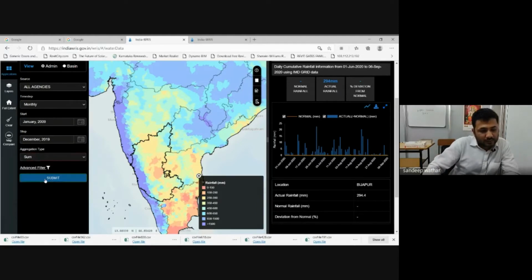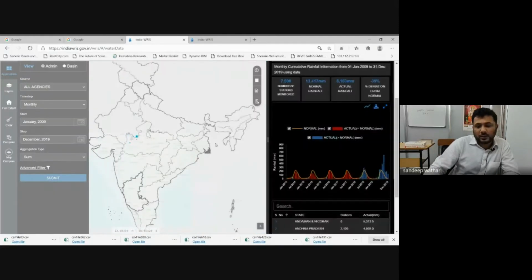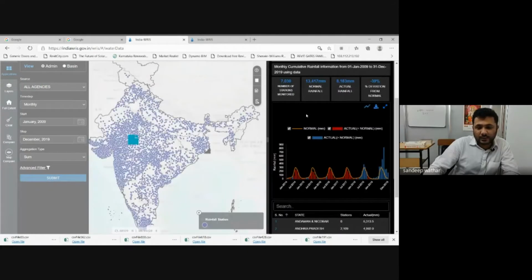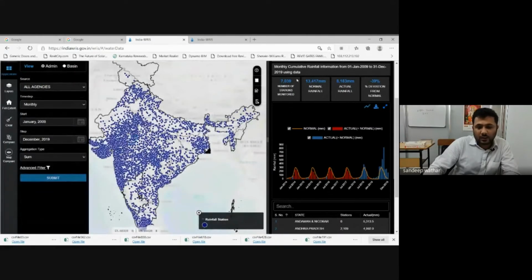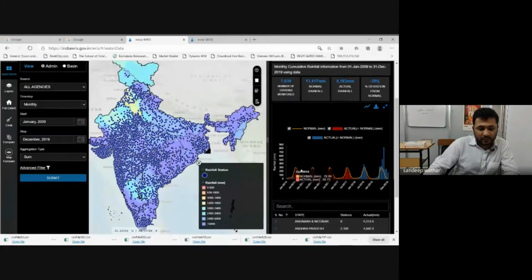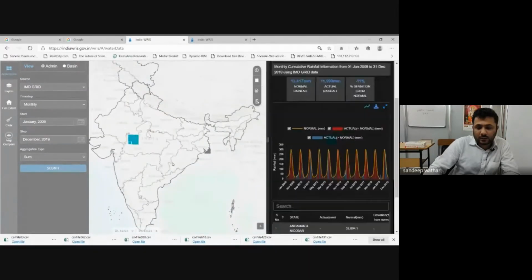So let's click submit. Once I click submit, you can see there is a change that has happened on the right side. I'll get back to these dotted values. Basically, what we'll focus on is only this part.